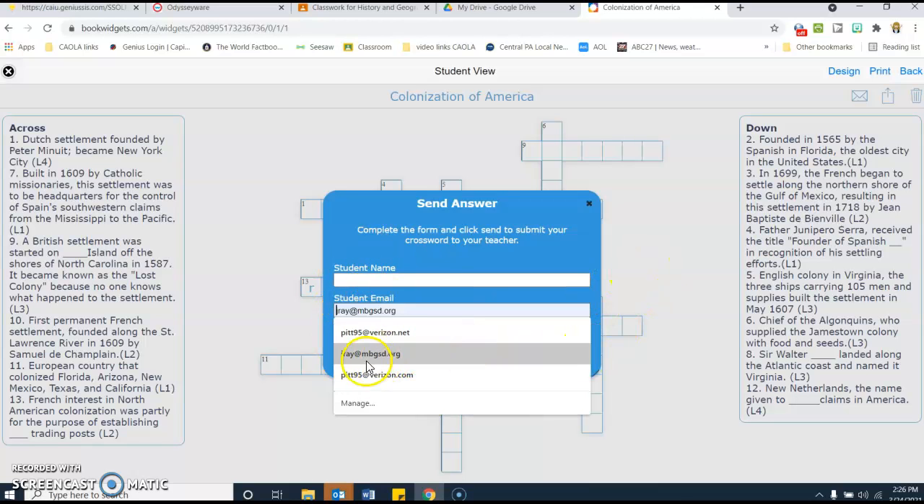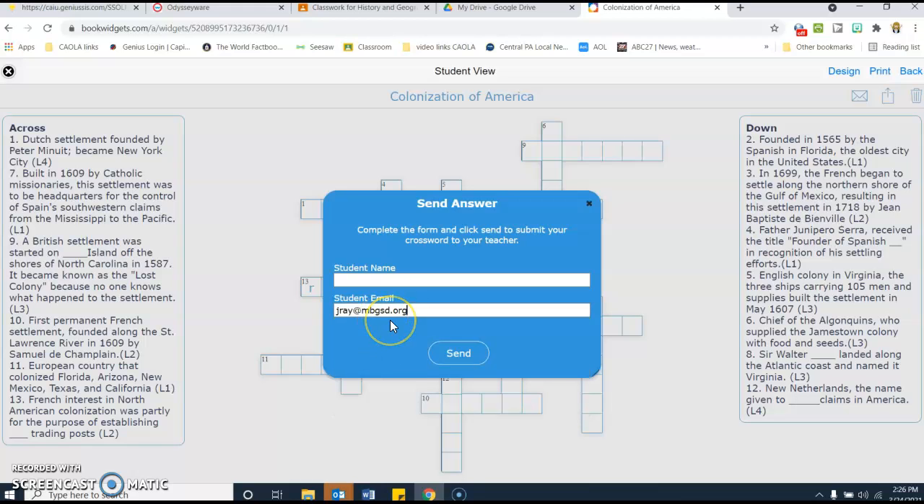I don't have mine here. Oh, that's my MASD email. So you'll write in your email and then you'll hit send. It will actually send it to me. So yes, you're putting in your email, but it's already set up that it'll be sent to me. And then that's all you have to do to complete the